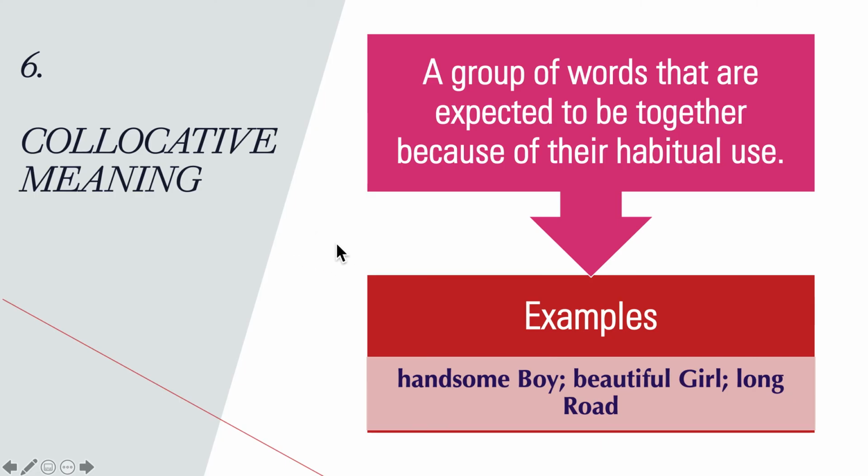Actually, collocative meaning is that there are certain words which go with certain sets of words. For example, normally we say handsome boy, we don't say beautiful boy. So handsome normally goes with the word boy: handsome boy, beautiful girl, long road. So we call it collocative meaning. That is why we say that certain words are expected to be together because of their habitual use. Next,